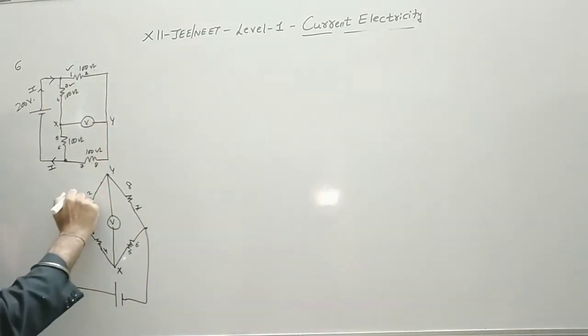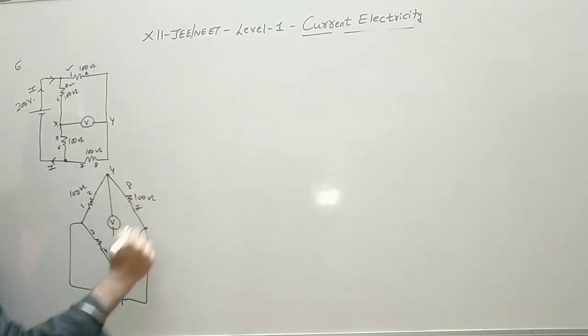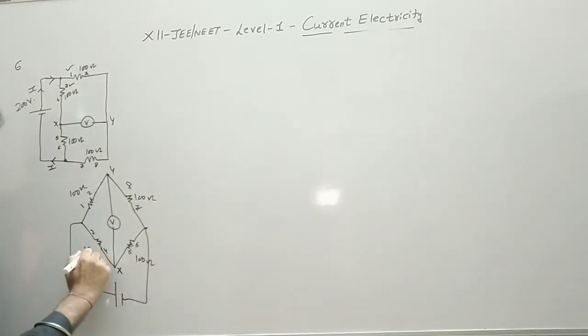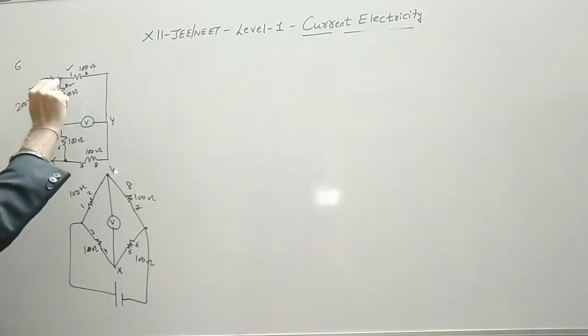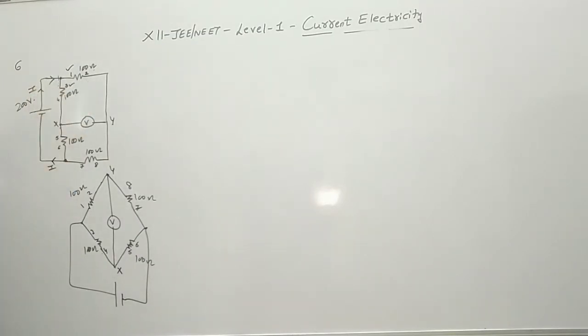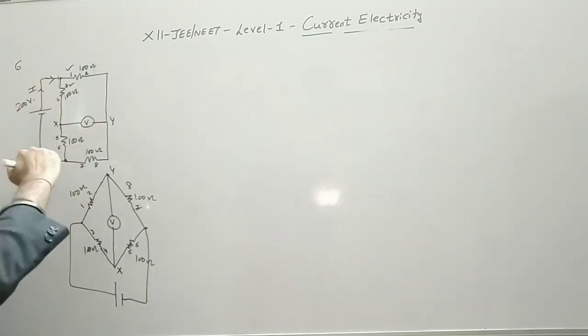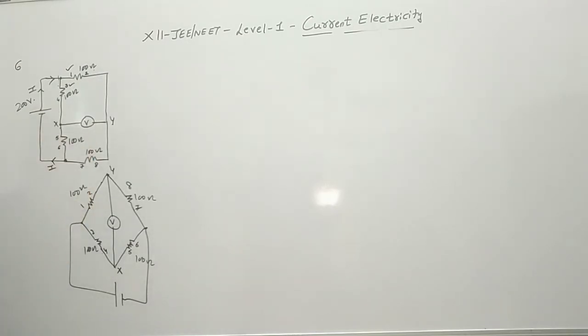So this is your 8, 7, and the values are identical: 100 ohms, 100 ohms, 100 ohms. So clearly again it forms a balanced Wheatstone bridge. If the current is divided into 2 branches or 2 arms, first you try to check for a Wheatstone bridge. You can visualize this as a Wheatstone bridge too. If we have practice, we can easily visualize it. Now if I take the ratio P upon Q equal to R upon S, it comes out to be 1. That is a balanced Wheatstone bridge.